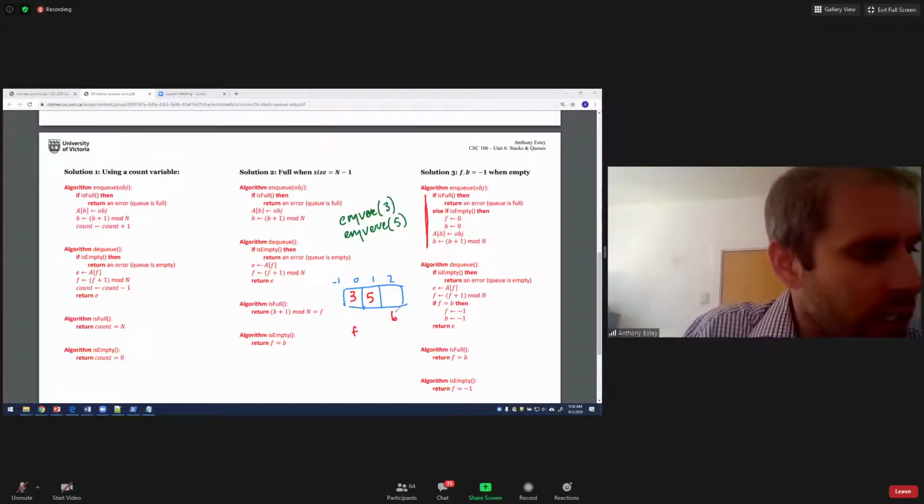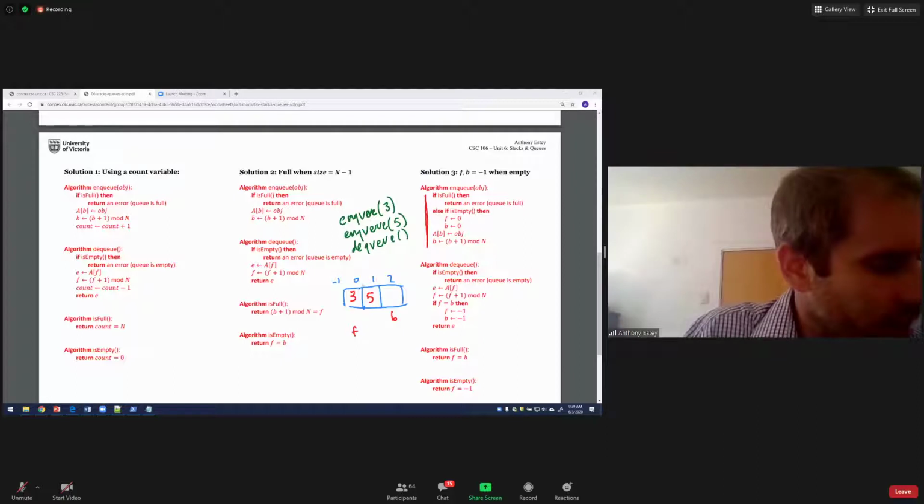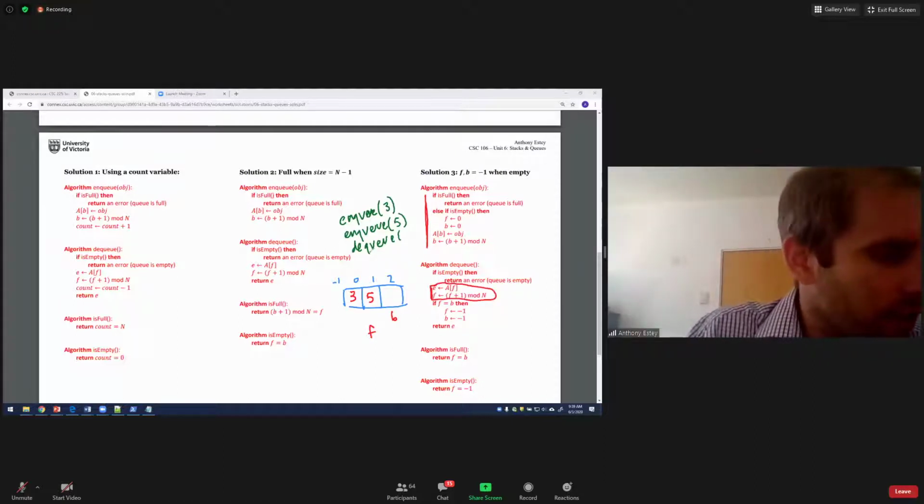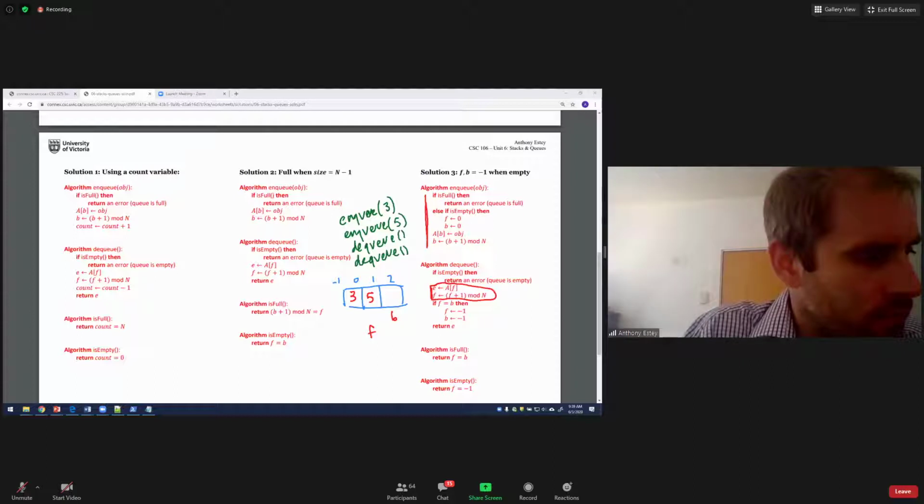And then if we start dequeuing, all that's going to do is say grab this item and then move F forward 1. So we're going to remove the 3, return the 3, and then move F forward one spot. Again, that's just this stuff right here. Then if we dequeue again, F moves forward again. And again, so we've now removed both of these items. And now that we've moved forward again,